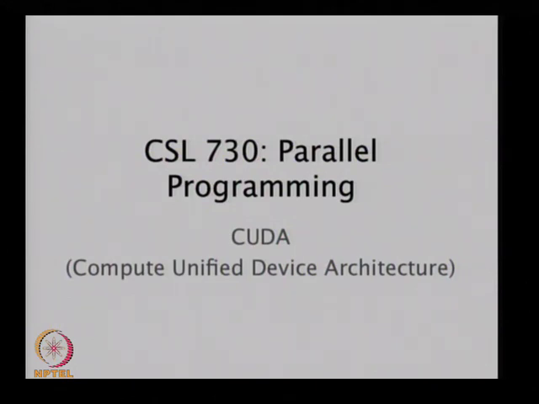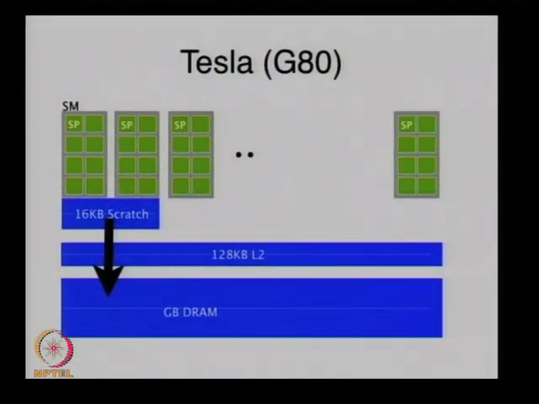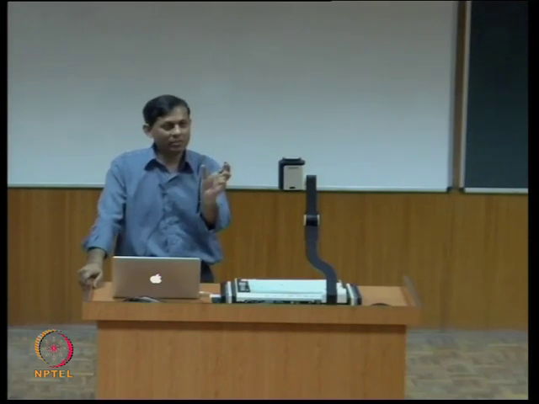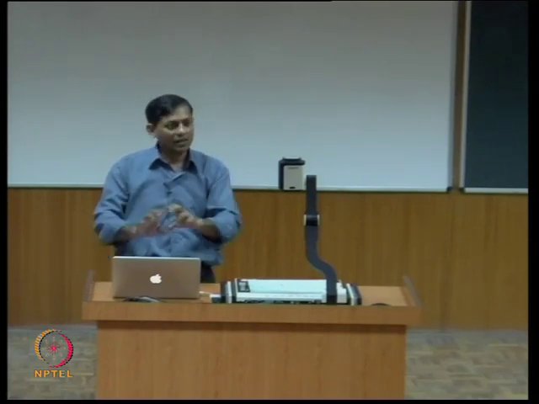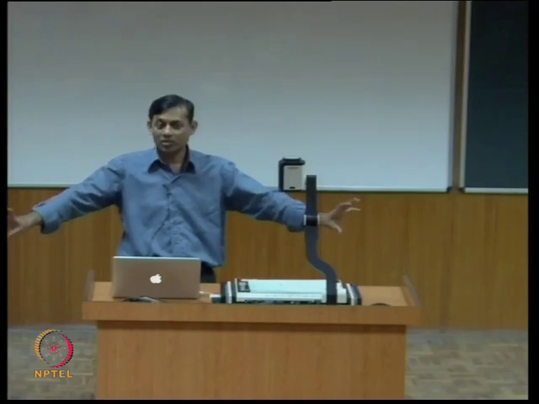A couple of slides I'm just going to repeat from earlier. The machines that you will probably be working on will be G80, although now with a slightly modified architecture. Fermi is also available, and we have, I think, a limited number of those. Essentially you've got a number of processors clubbed into groups, right? And for each group you've got some amount of scratch memory, a cache that is shared across all of the processors,